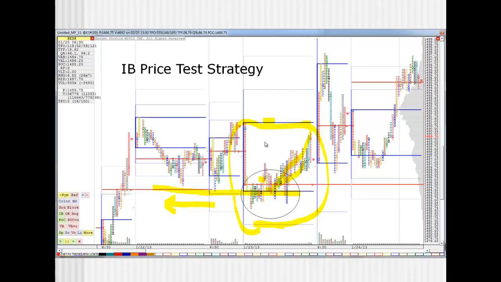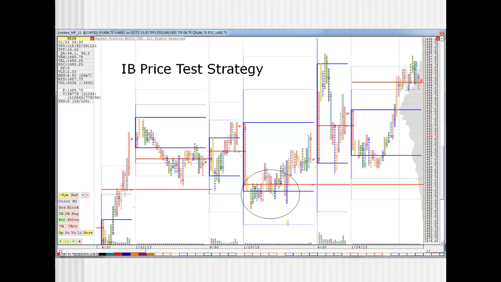All right. The initial balance high up here is in fact the high of the day for this particular session. That does happen every once in a while where we put in the high right at the open. It doesn't happen very often, but it does happen every once in a while. Again,